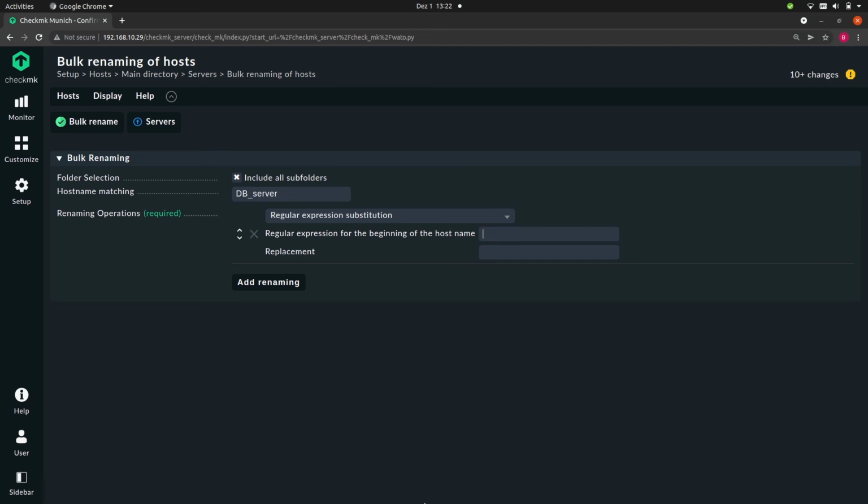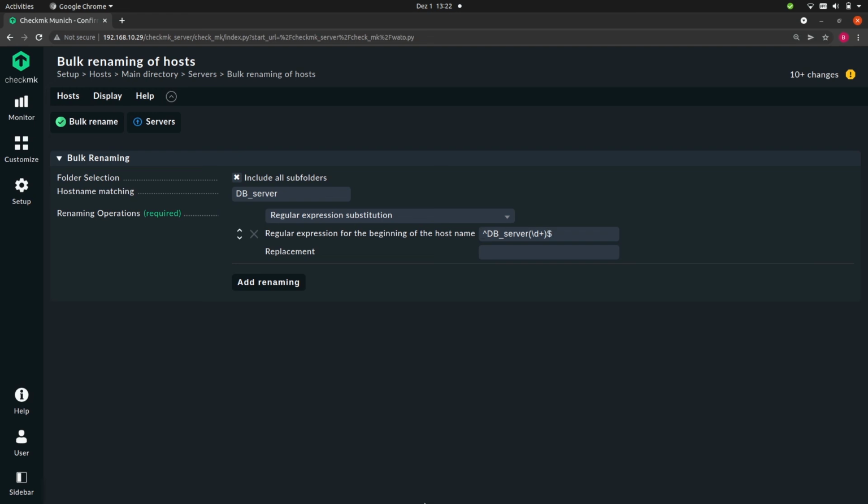We could, for example, write db_server, parentheses to start the group, and then we want to capture \d+, and then a $ sign to say that's the end of the string.